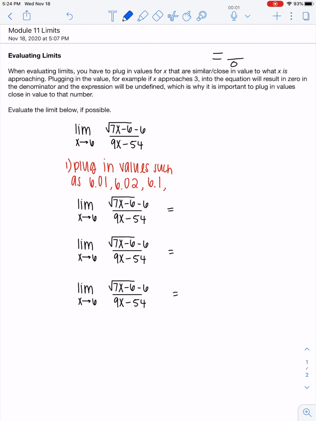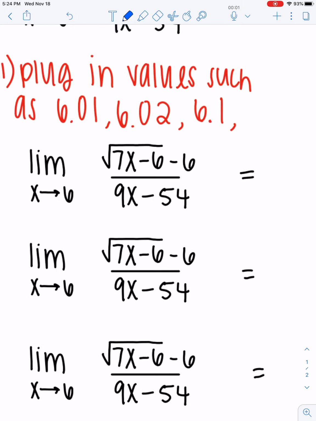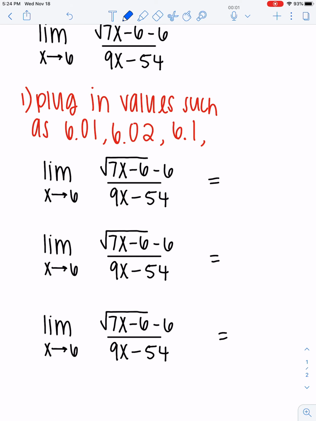I just found that plugging in values like 6.01, 6.02, and then maybe a little one further from that, like 6.1, maybe 6.2 if you're really feeling it, will help you analyze your values, like what you're going to get. So here, we're going to plug in 6.01 into this first